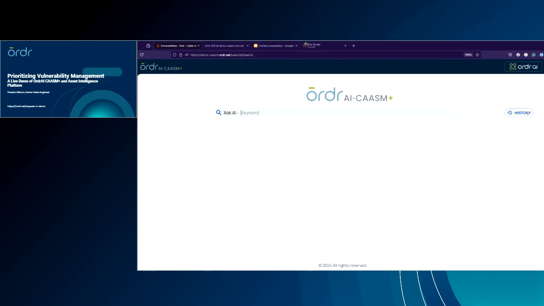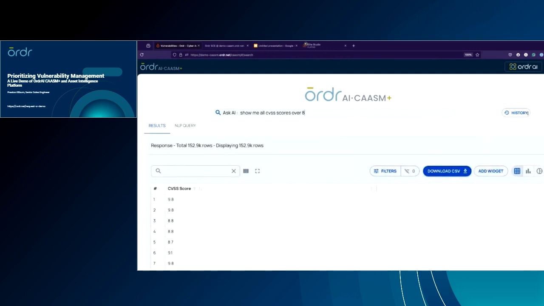So I can go in here and say, show me all CVEs, I need to know how to type today, with scores over 8. And it's going to go and interrogate the data and bring it back to us. Now, I just want to hit pause here and talk about all of the ways that we're able to get this data